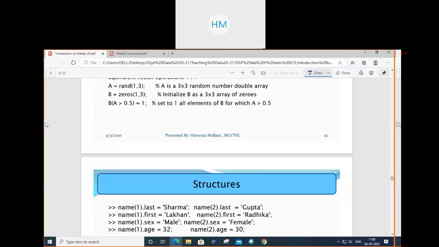Then the condition: b(a>0.5) is equal to 1. If the random values in a are greater than 0.5, then set those elements of b to 1. Set to 1 all elements of b for which a is greater than 0.5. So you can put some conditions in this also.